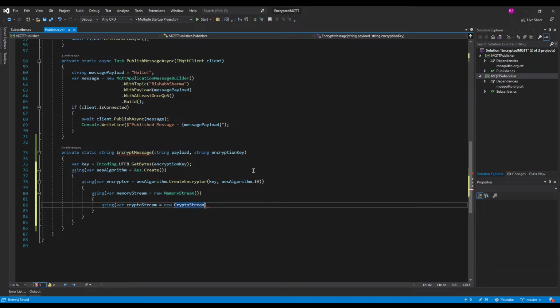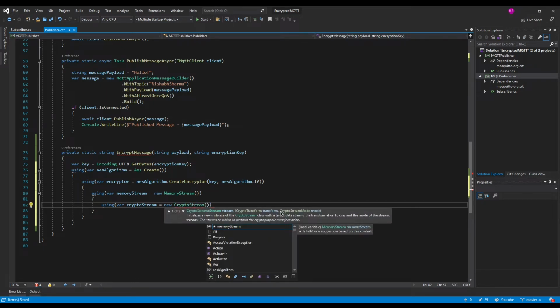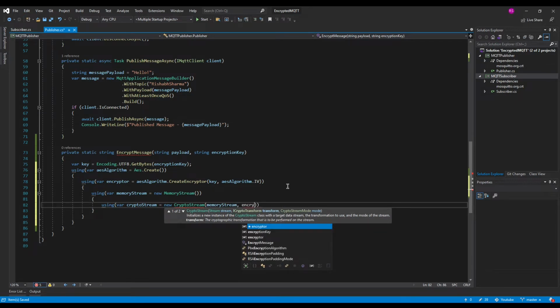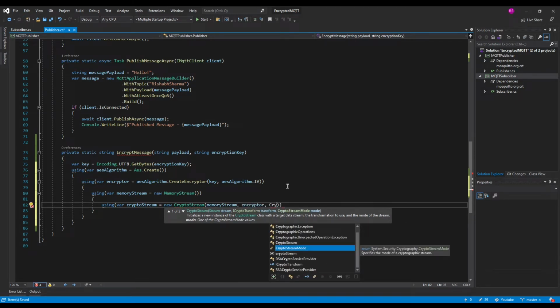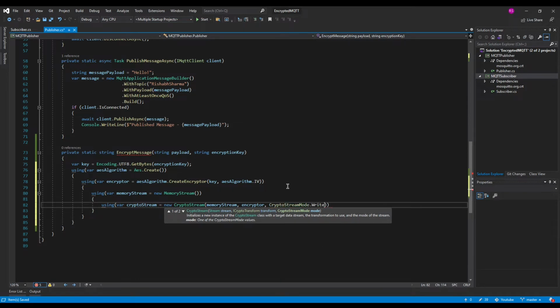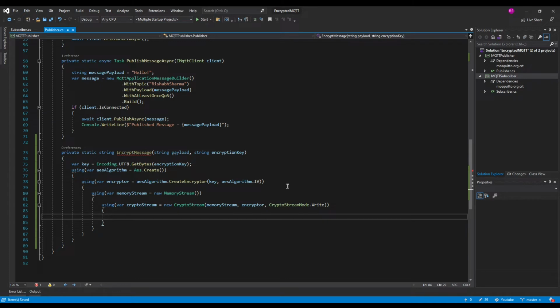This crypto stream will accept stream, transform, and crypto stream mode as its parameters. For the stream, we will pass the memory stream which we have created previously, then the encryptor. And for the crypto stream mode, we will set the mode as write mode, since we have to write.